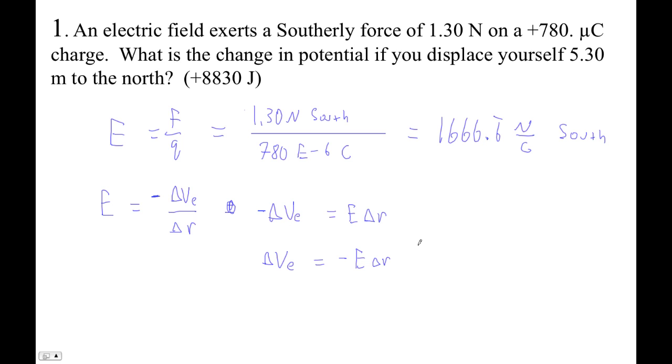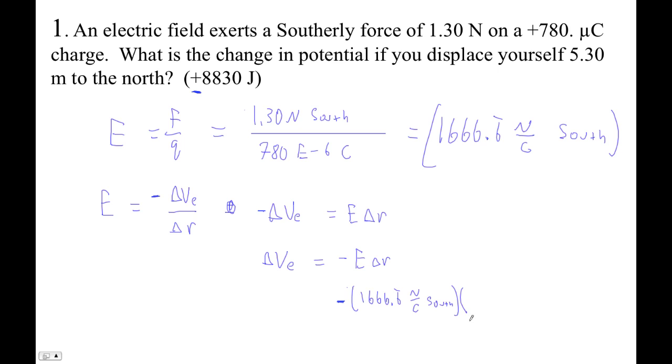Okay. So now we've got to figure this out, right? We've got this southerly electric field, so we put it in here. Ultimately, we just got to multiply this. Hopefully our goal is to get that plus there, right? You want to get that last half point. Okay. So anyway, I'm going to give you another way to think about this, but let's do it mathematically first, okay? So I go opposite of 166.6 repeating, right? That's newtons per coulomb south,